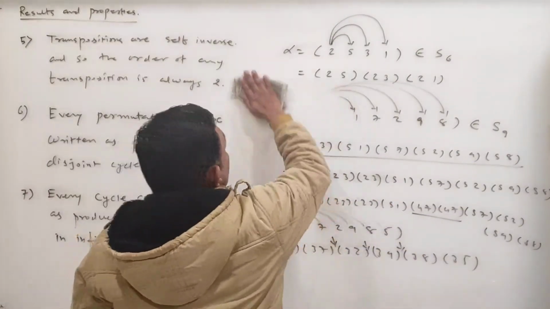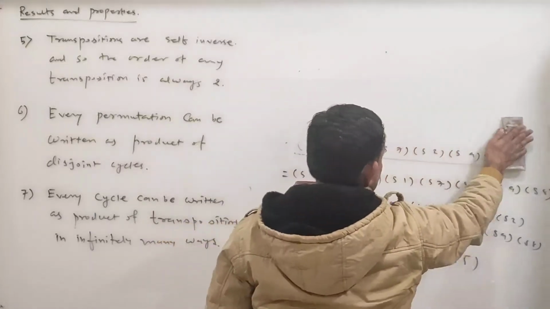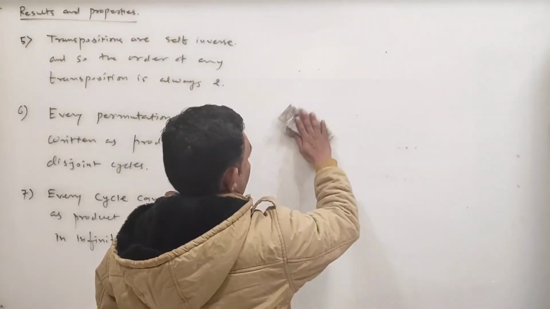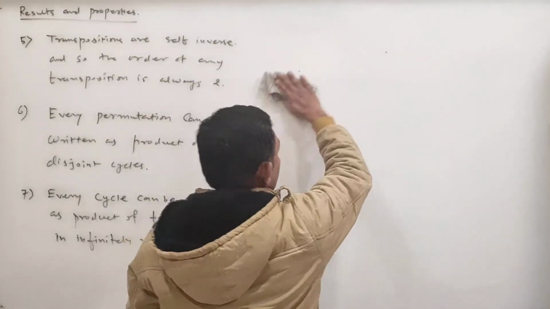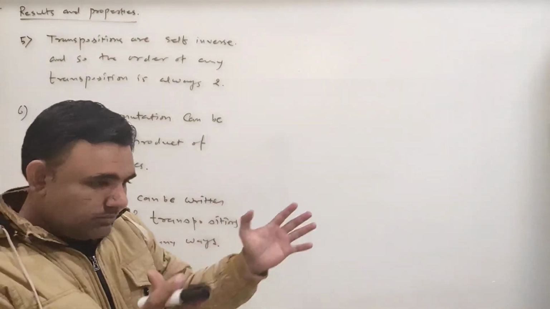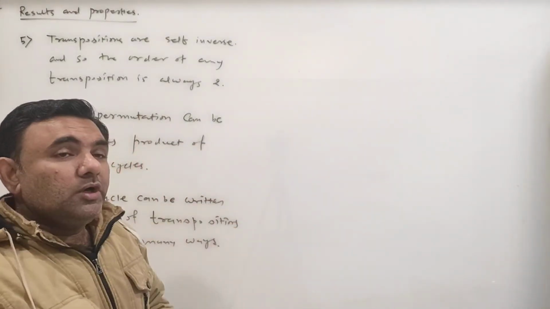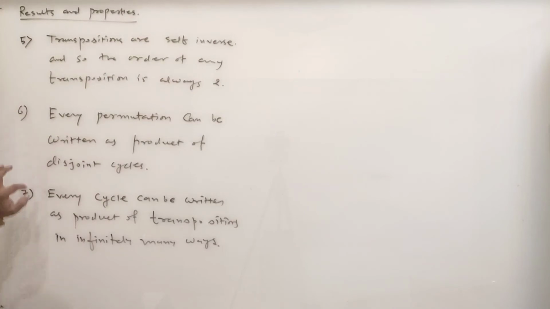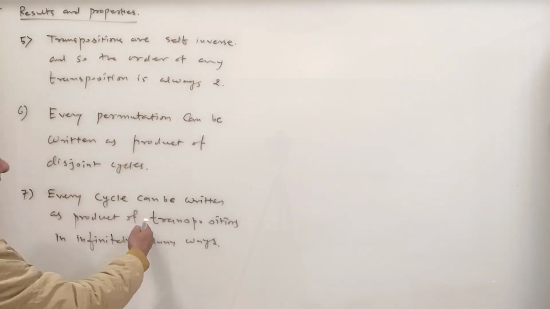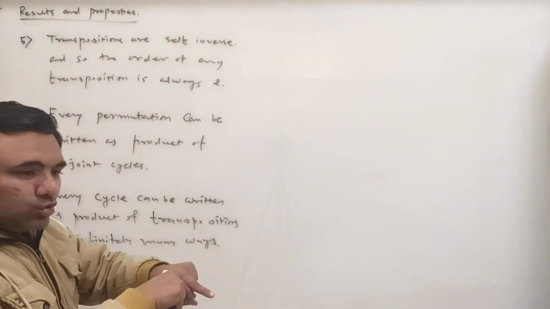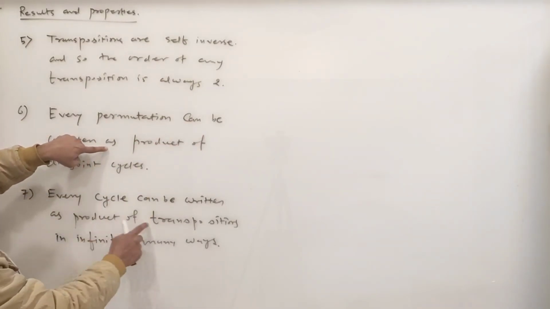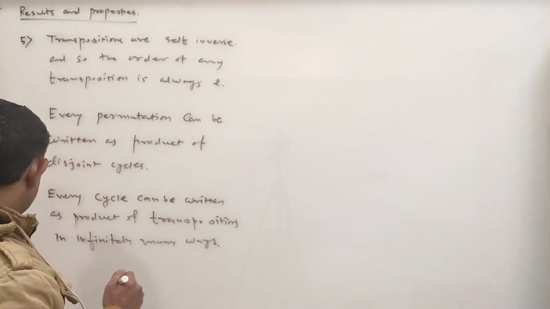ओके, तो हमने क्या किया कि मेरे पास पहले एक परम्यूटेशन था, परम्यूटेशन को मैं डिसजॉइंट साइकिल्स के प्रोडक्ट में लिख सकता हूँ. I can write every permutation as a product of disjoint cycles. अब साइकिल को ब्रेक किया ट्रांसपोजिशन में, मतलब मैं उसकी जो लेंथ है वो कम करता जा रहा हूँ. So ultimately what I have, if you combine these two results 6 and 7, every permutation can be written as a product of disjoint cycles. अब ये हर एक साइकिल को आप डिकम्पोज करिए ट्रांसपोजिशन में, and we can decompose the cycle into transpositions in infinitely many ways. So ultimately every permutation can be written as a product of transpositions in infinitely many ways, right.